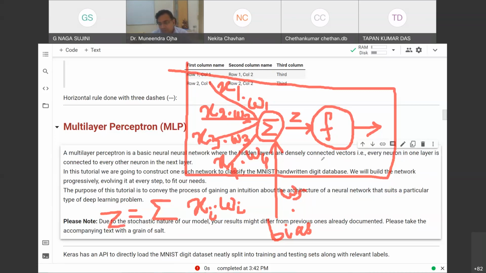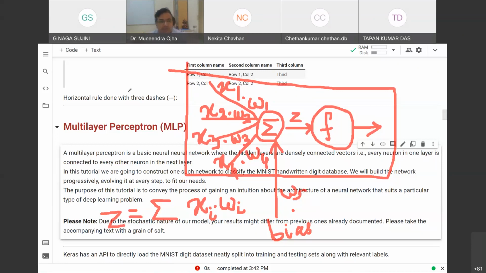Now Z is passed on to this function which is called the activation function. Activation function is something which creates a kind of partition between what is accepted and what is not. Yesterday we were told that the most common activation function is the sigmoid activation function.